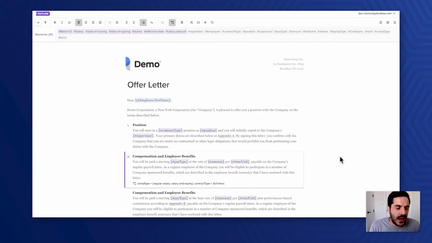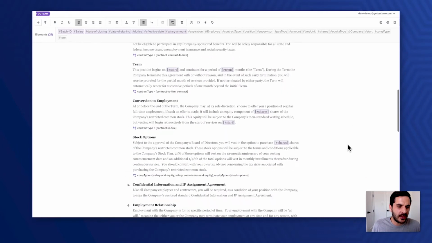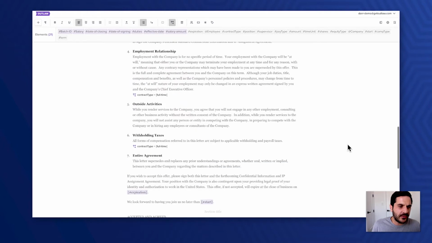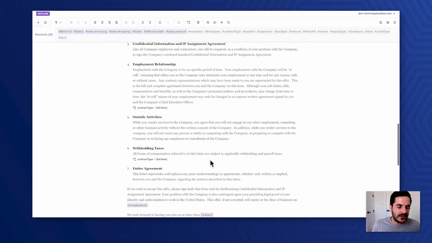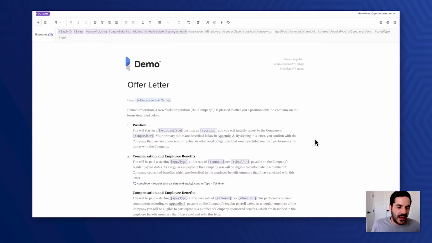So taking a look at Outlaw's draft user interface, this is our purpose-built word processor for templates. And what you're seeing here is a template that has been brought onto the Outlaw platform, and it's been formatted, and we've added signature blocks as well as appendices. Two things that I want to point out here is the variables and some conditionality. And now this is where we can take a static template and make it very dynamic. And that's going to benefit you in multiple ways.